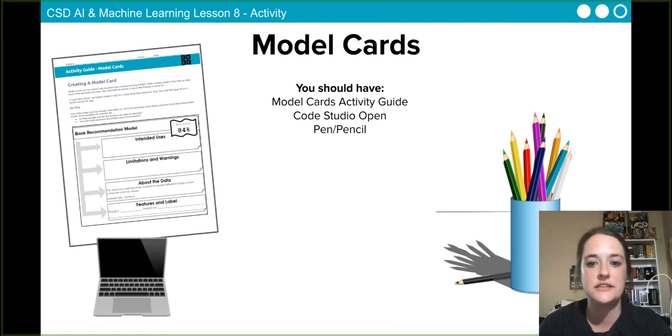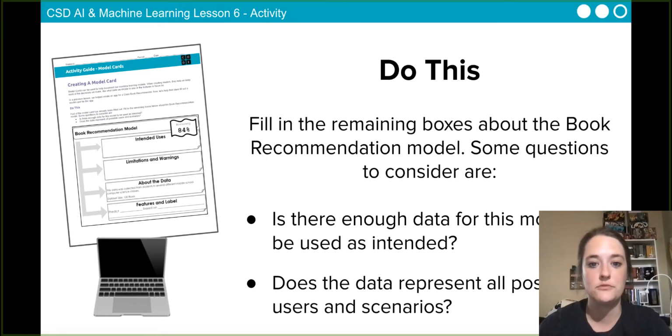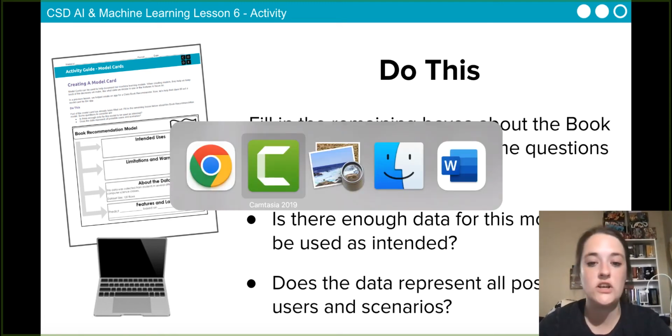And this is where you need your activity guide, which is an example of a model card, and you will need to go to Code Studio. So what you're going to do is fill in the remaining boxes about the book recommendation model. Some questions to consider are: is there enough data for this model to be used as intended? Does the data represent all possible users and scenarios? You're going to fill in